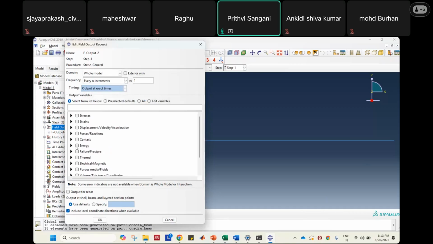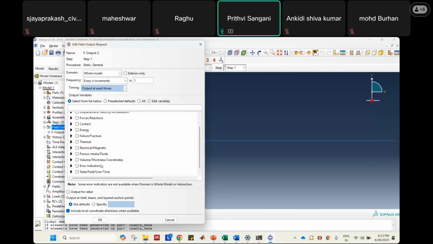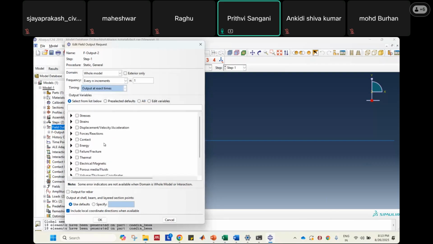I think all the other extra things are not available in STAT. See, for example, in energy, you can't do it in STAT. Contacts cannot be done in STAT. Failure and fracture cannot be done in STAT. Thermal, electrical, porous, volume, thickness, error indicators. These are for the finite elements. Mostly these are used for processing the finite element models. So yeah, coming back,